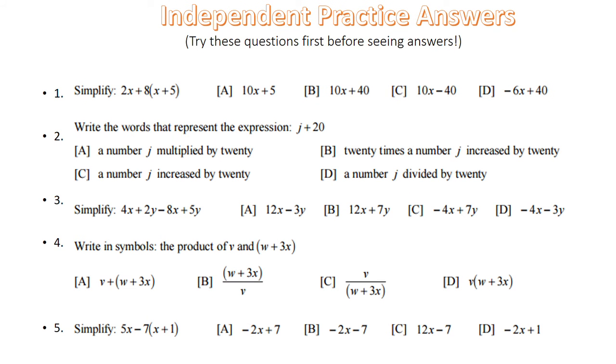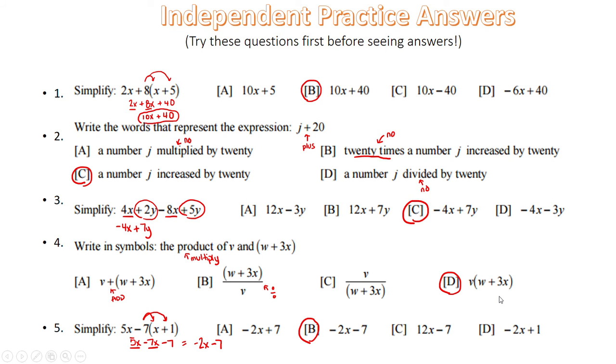Okay, so here come the answers. So hopefully you're ready. On number 1, what you should have done is distribute 8 times x to be 8x, and then 8 times 5 to be 40. After you did that, you should combine the 2x and the 8x to be 10x to get your answer for